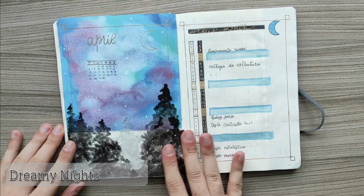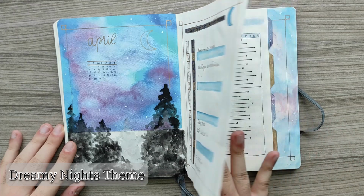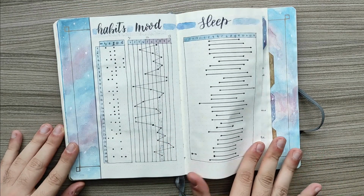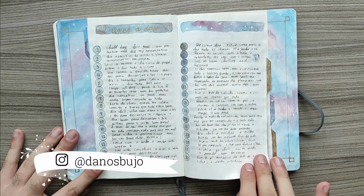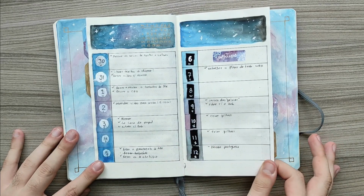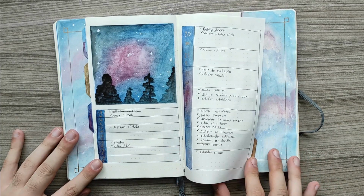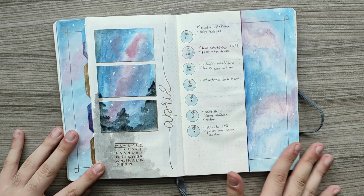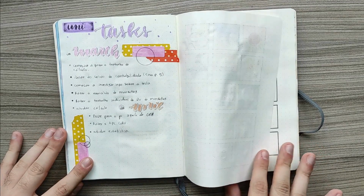Right now I'm showing you some spreads that I literally loved making, because each one has its own story. For example, this April setup or theme was inspired by a giveaway that Notebook Therapy was making at the time because they hit 1 million followers on Instagram, and they did this prompt, I think it was Dreamy Nights. And I decided to make a bullet journal theme to participate in that giveaway,